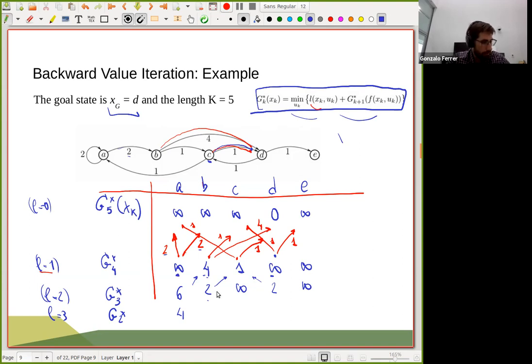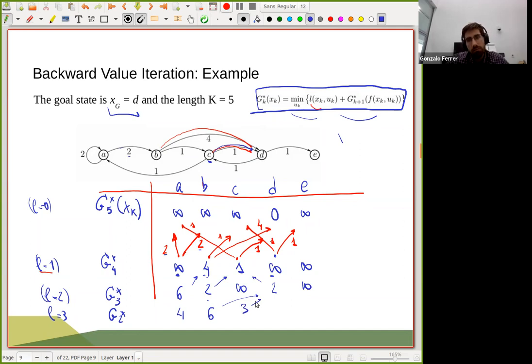Let's keep going. Here, what we have is that this cost is going to be a little different, because this action taking us from B to C is going to be infinite, so this is not a good idea. We are not going to reach it, and actually what we want to do is directly reach D, right? So it's going to be this. From B, we want to reach D with cost 4, so it's cost 4 plus 2, 6. From C, what we have is A, that is 6 plus 1, or directly D, which is 3.